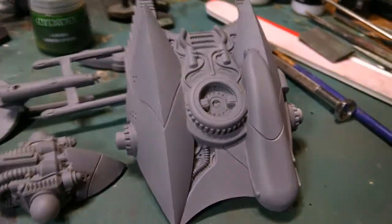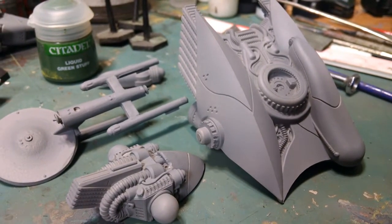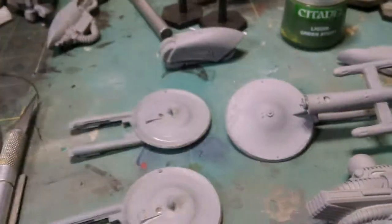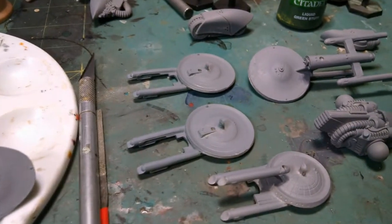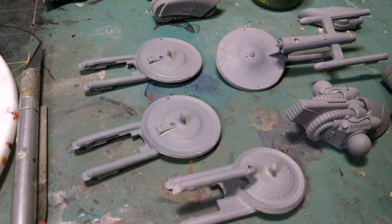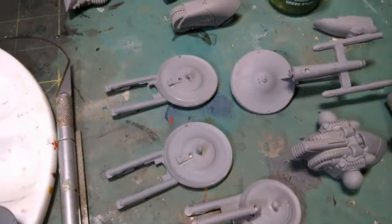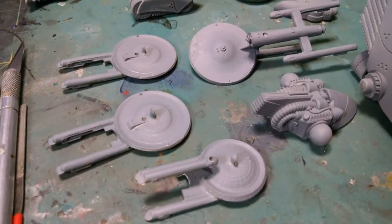Gotta say, the casting on this is amazing. Like, really, really amazing. Not so much for the ships, but I think in the end, the results will be just fine. But, yeah, very old school. I'm using the Badger Stynylrez